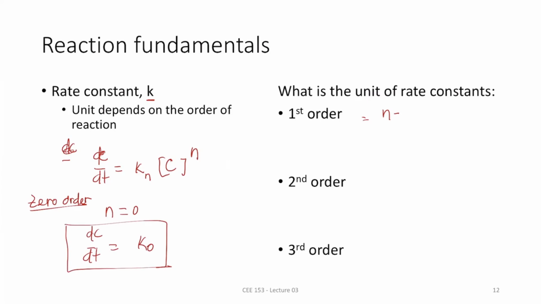For the first order, same thing, dC by dt would be, I'm just writing K1 to show that this is the first order. You don't have to write it, you can write just K. Then C to the power 1 is C. So that's the first order. Second order, dC by dt is